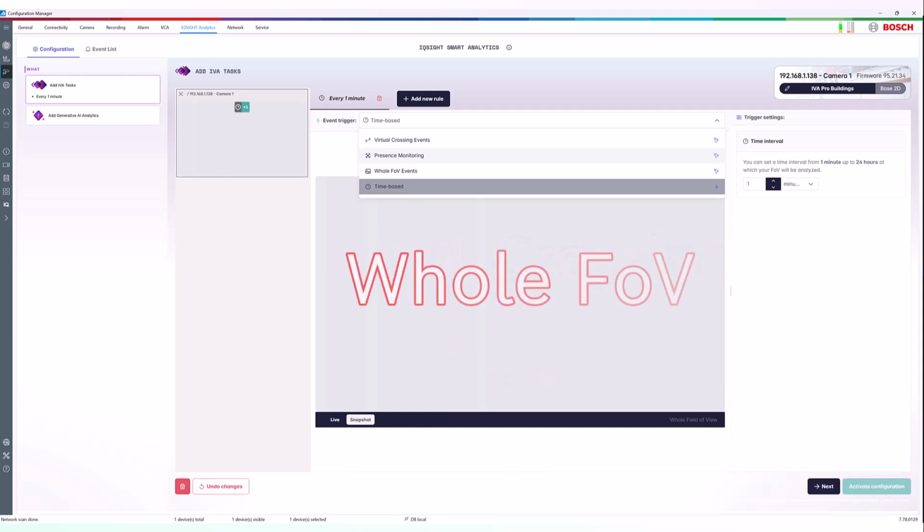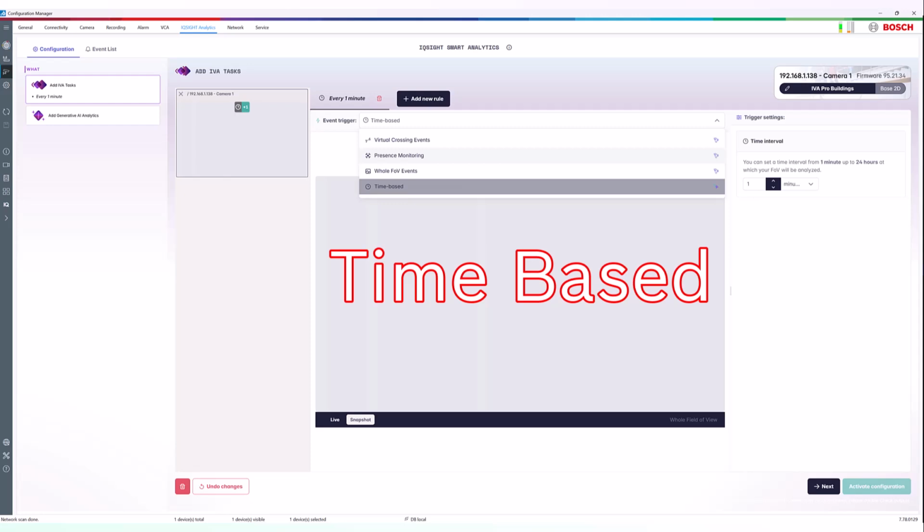Whole field of view events monitor the camera's entire field of view for an object without needing a specific drawn zone. Time-based triggers evaluate the scene on a set schedule, such as every hour. This is excellent for operational tasks, like checking if a refrigerator door was left open or if sand has accumulated